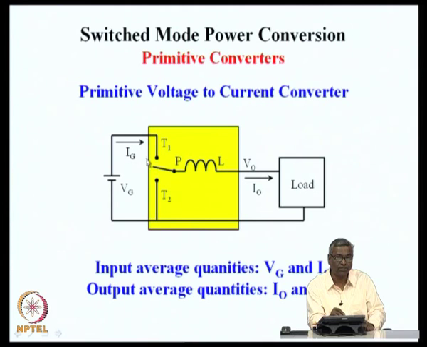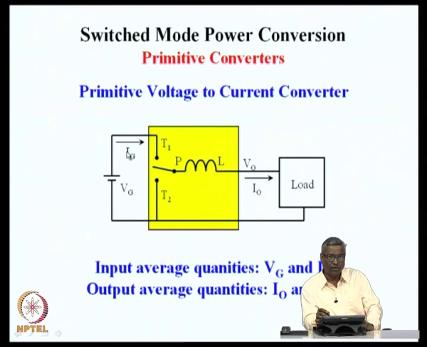These are the two possible switch positions, and we might say that the power converter is taking power from the source Vg and delivering it to the load at this end at a voltage of V0. The load current may be defined as I0, and the source average current may be defined as Ig. So, this is the very primitive converter,